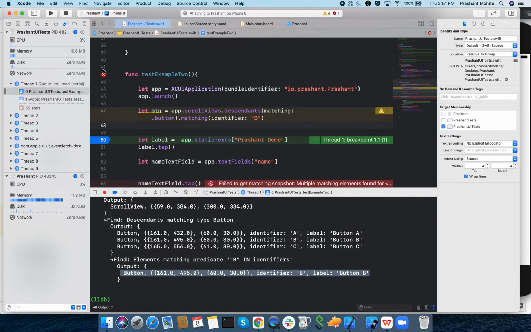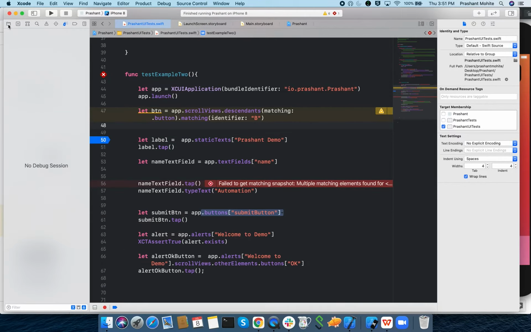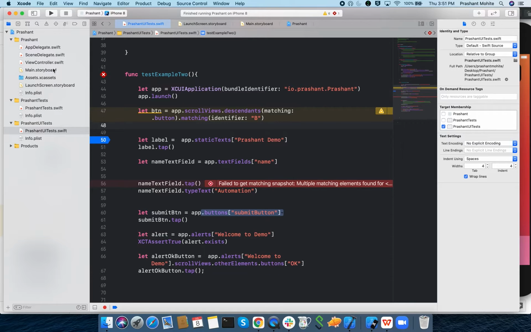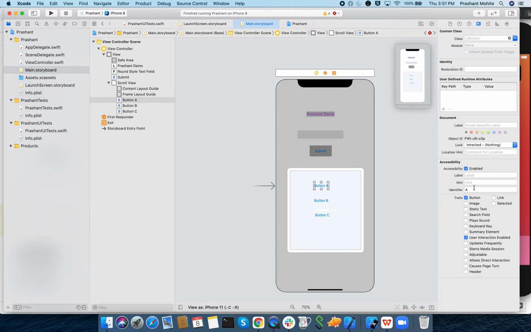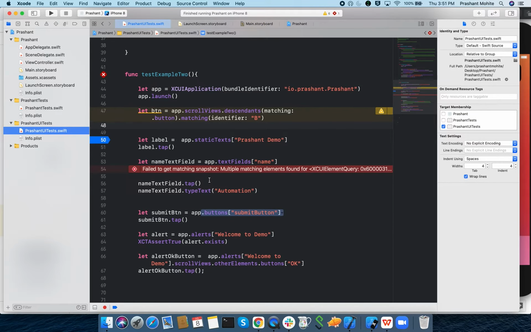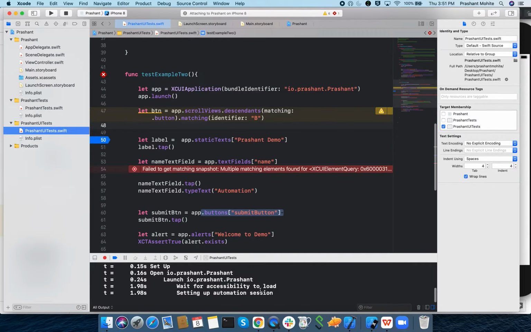Now if I change the identifier, we'll see if we have 2 buttons with identifier B. This is all I'm showing you so you can understand how you can write the queries and get the proper elements. So now our query should give us 2 buttons which have the identifier B, right?